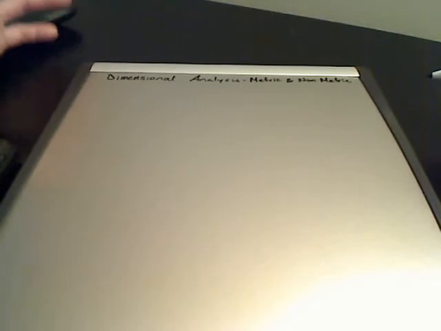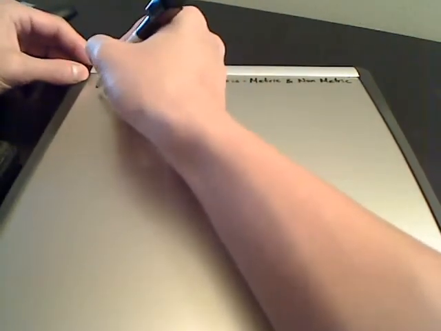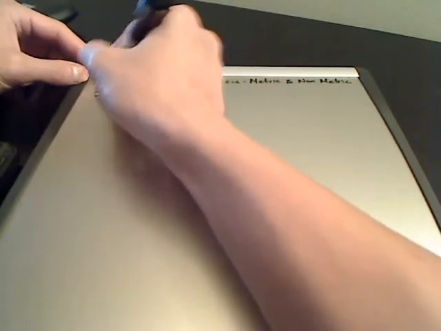Metric is going to be anytime you see a prefix that is part of the staircase. So that's kilo, hecto, or deci, or milli, nano, etc. Alright, if you don't know it, make sure you review that stuff. Let's start off with one simple one, and then we're going to move right into a little bit more complex one. Let's say we were to tell you that, I don't know, Jane